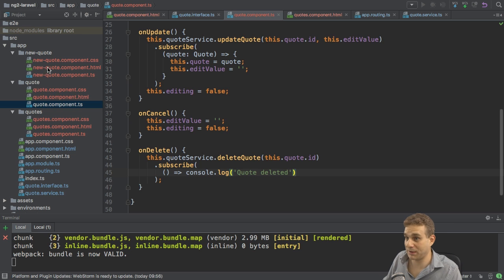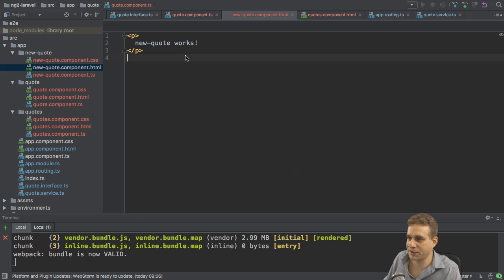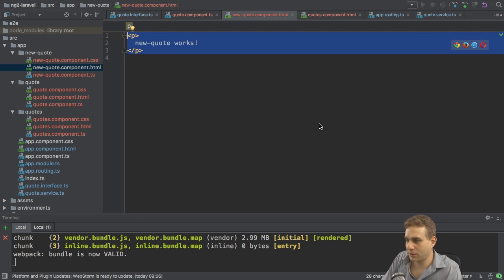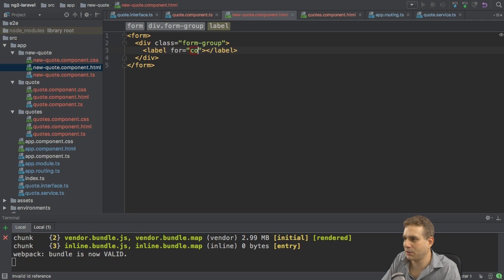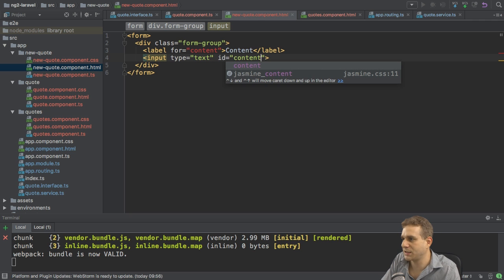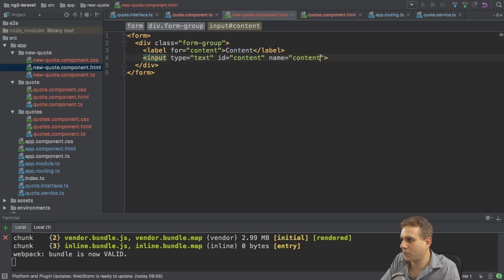Of course, we also want to be able to create a new quote. So in the new quote component, here I will actually create a form, remove action though. And this form will have a div with the class form-group. This is some Bootstrap class here. In there, I want to have a label for the content of the quote. And I want to have an input of type text with ID content and a name of content and ngModel,